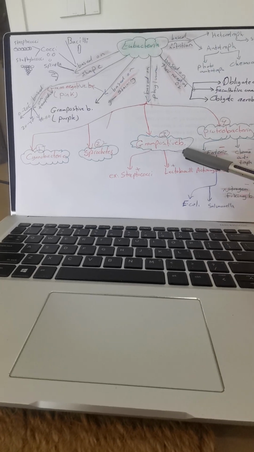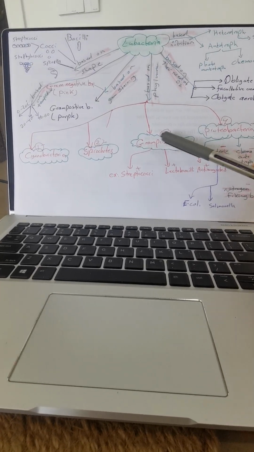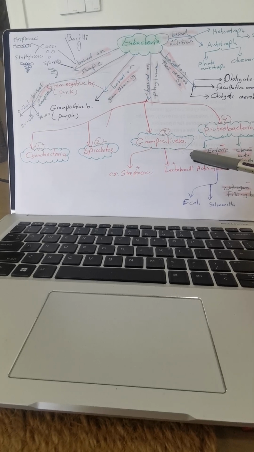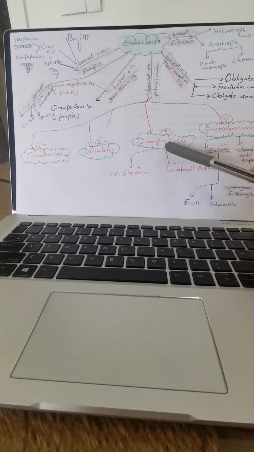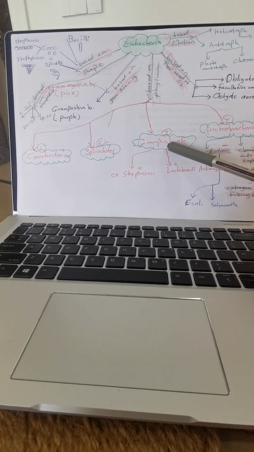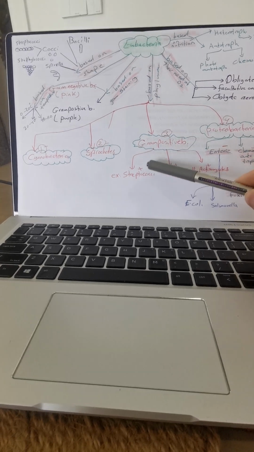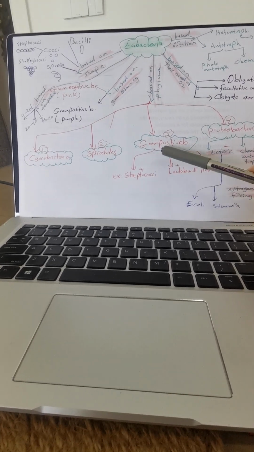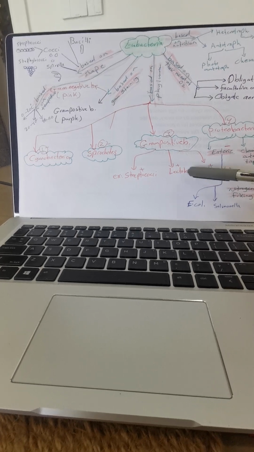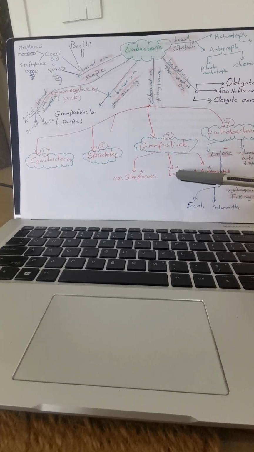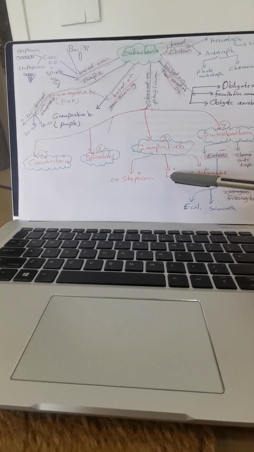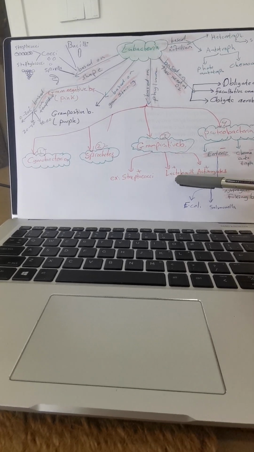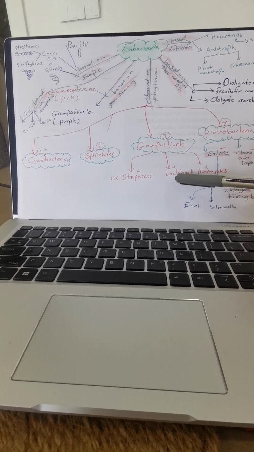The third phylum of Eubacteria is named the gram-positive bacteria. It means all the examples of this phylum are gram-positive, which means they appear purple under the microscope. As examples of gram-positive bacteria, we have streptococci that cause strep throat, and also we have the lactobacilli. The lactobacilli can be both beneficial and harmful. The beneficial one helps in turning milk into yogurt, and the harmful one is responsible for tooth